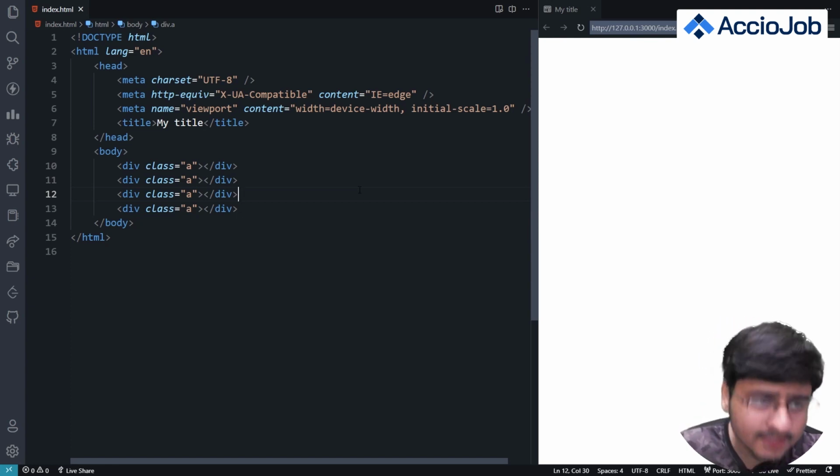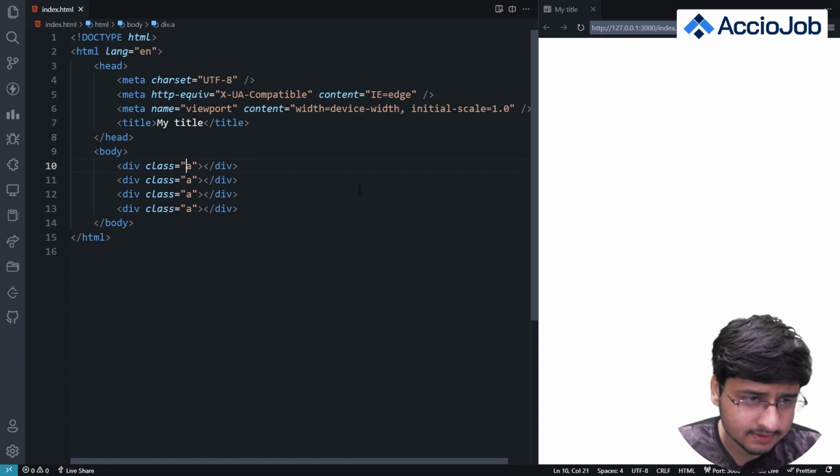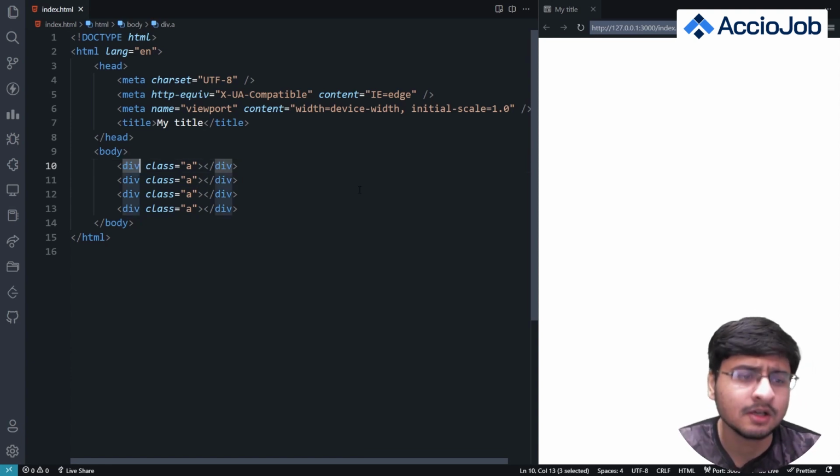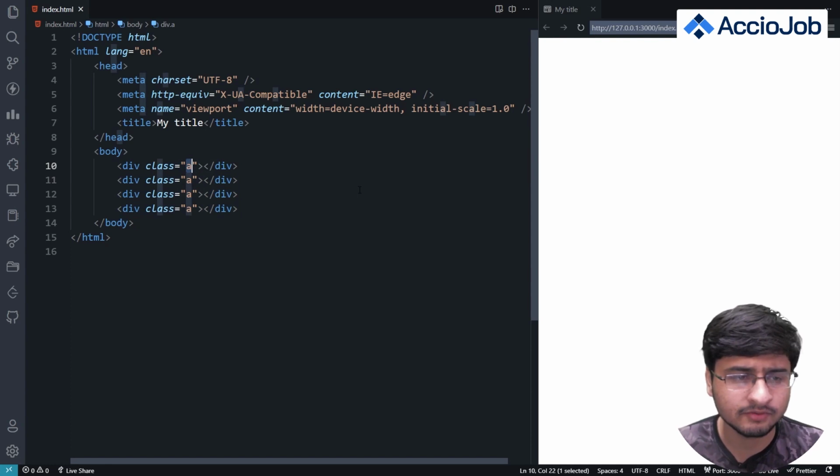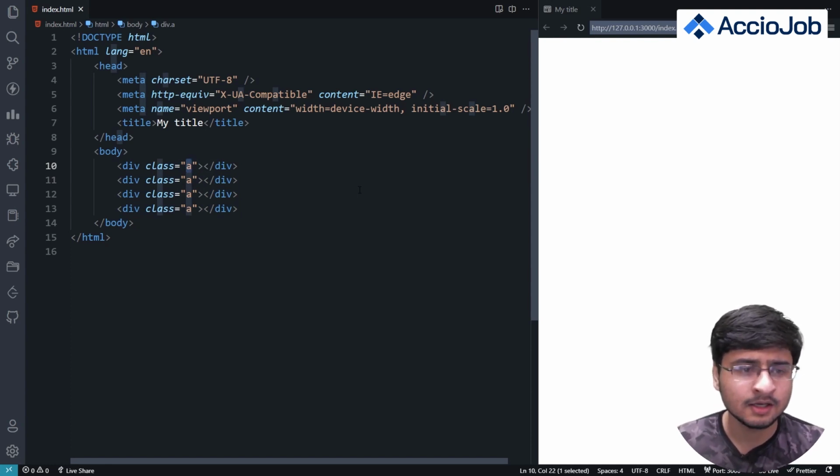So every HTML tag in this web page may or may not have a class name. It is up to us whether we want to give a class name to a tag, but if we give a class name we can uniquely access that specific tag without any traversals through the DOM tree. We can also access this tag through traversal of the DOM tree, but when we provide a class things become a little bit